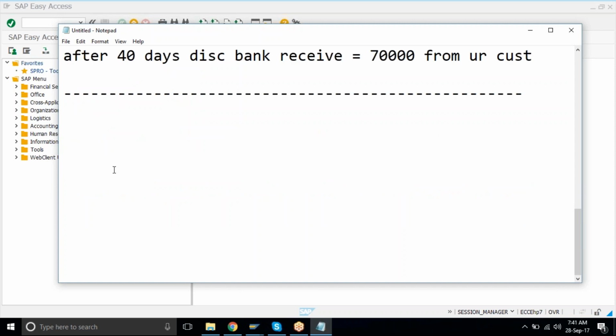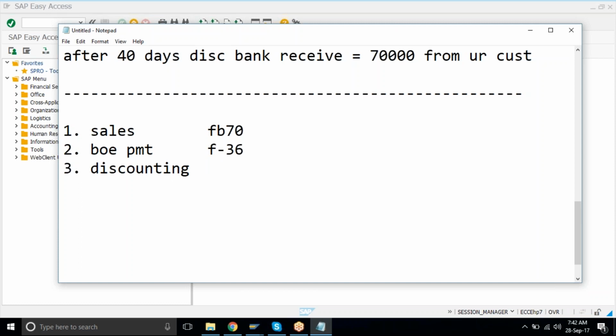This procedure has 4 steps. First, sales, FB70, that is your customer invoice. Then bills of exchange payment, which will be facilitated by F-36. Third step, apply for discounting, F-33.